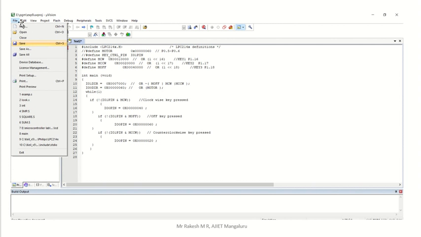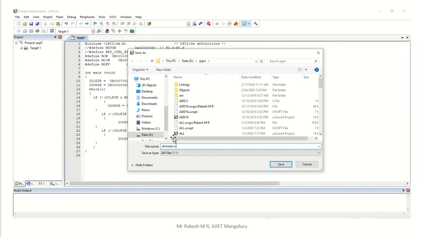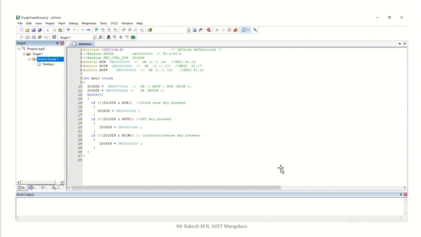While saving, go to File and click Save, and you have to save in .c format, because we are writing in embedded C. So your file name .c, you can write stepper motor .c, then click Save. Whichever folder you considered for saving your project, save your program in the same folder also.